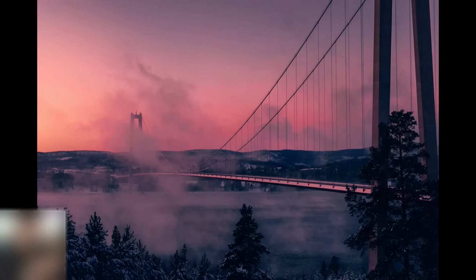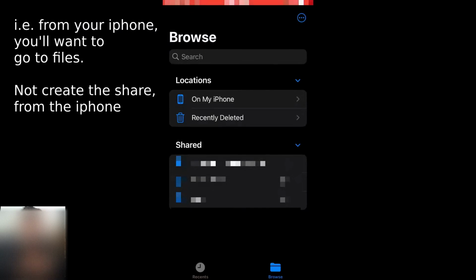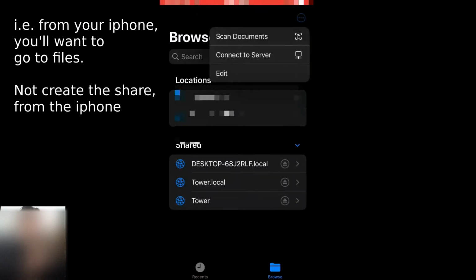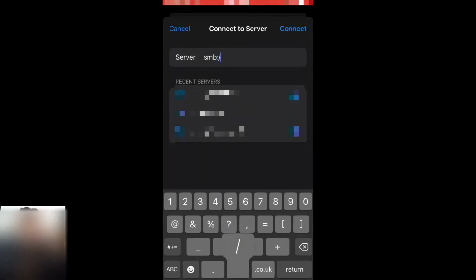this. So, all you really need is a computer that can create a network share. You can create one for Mac, Windows, Linux, most distributions, pretty much all of them. And once you've created that share, then from your iPhone, you'll want to go to the Files application. It's got a little blue icon on it, and you'll want to click the little ellipsis on the top right hand corner, and you'll click Connect to Server, and you'll type in SMB